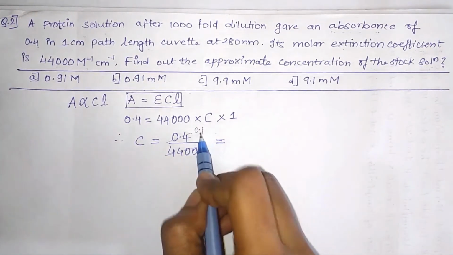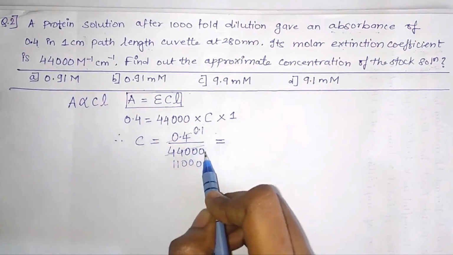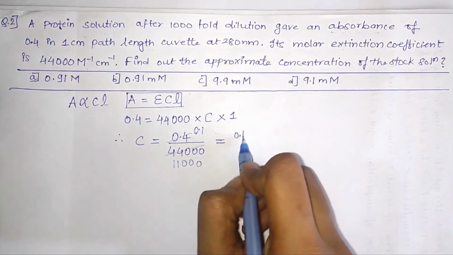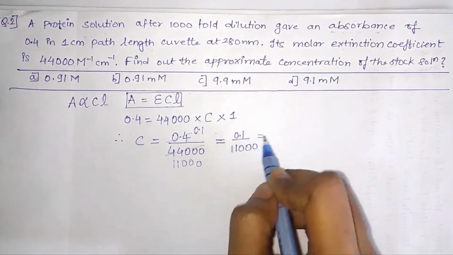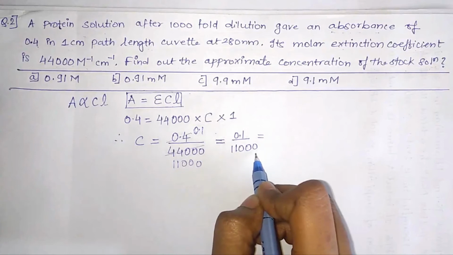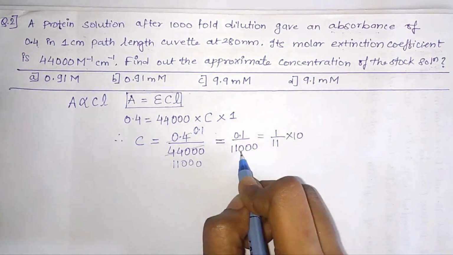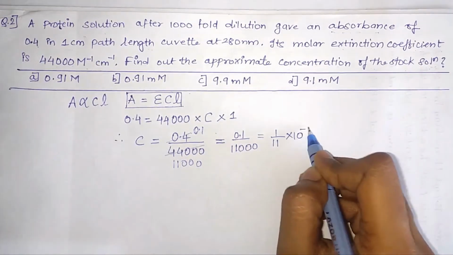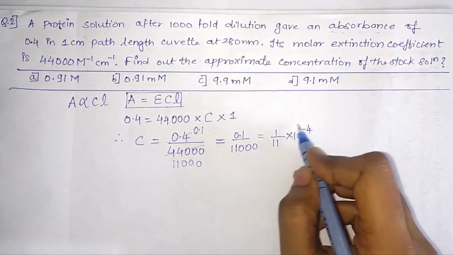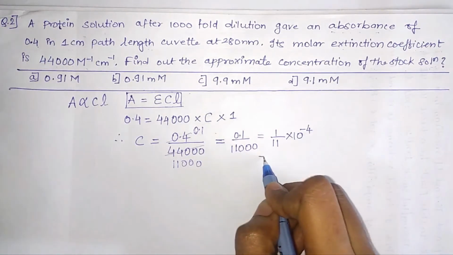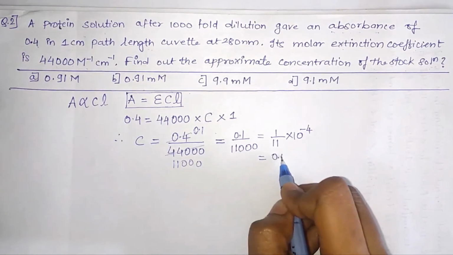So we will get 0.1 divided by 11 into 10 raised to 3, which is 1 divided by 11 into 10 raised to minus 4. If you find out the value of 1 divided by 11, it somewhat comes around